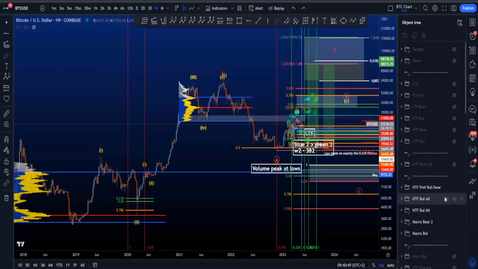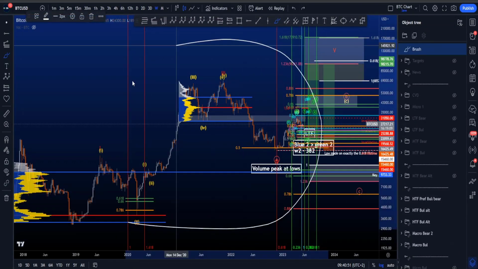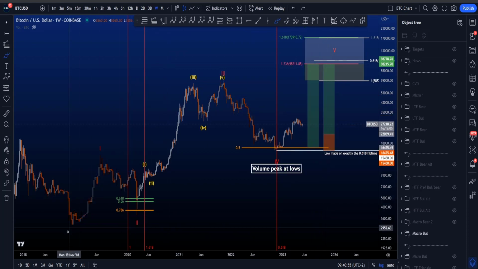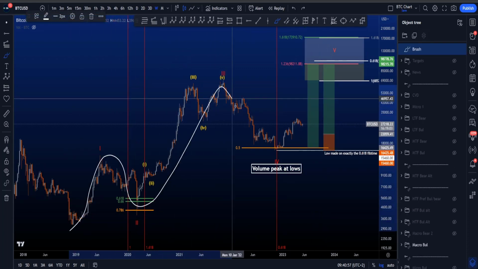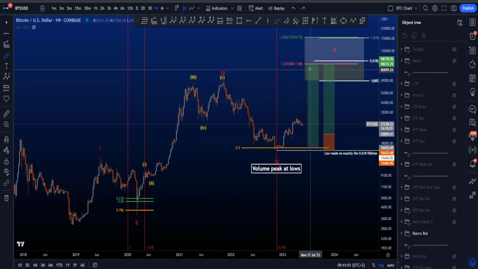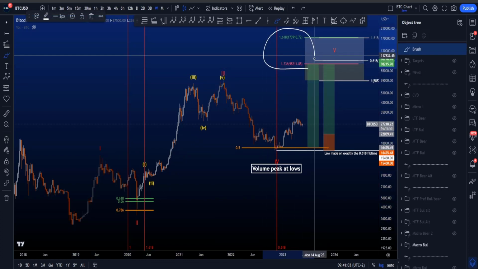Hi everyone, let's go over my bullish and bearish macro and high time frame Elliott Wave scenarios on Bitcoin. Starting with the macro bullish scenario, where we're looking for a wave 1, 2, 3, 4 that is already finished, and then looking for a wave 5 to the upside, where the most common target for wave 5 is between 98k